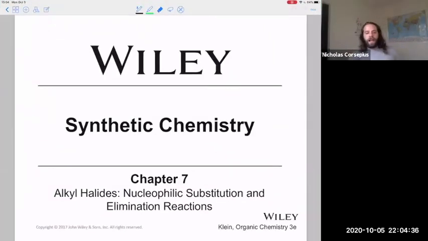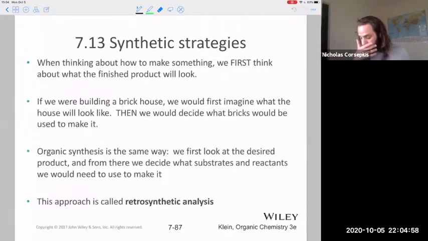All right, so the last topic that we're going to go over is what's called synthetic chemistry, and it's essentially working the exact opposite direction of what we did in the last lecture, right? The last lecture was all about, given a reagent and a substrate, can I predict the products? For synthetic chemistry, the goal is, I have this thing that I want to make, how do I get there, okay? The approach that we use here is what's called a retrosynthetic analysis, which is a big fancy way of